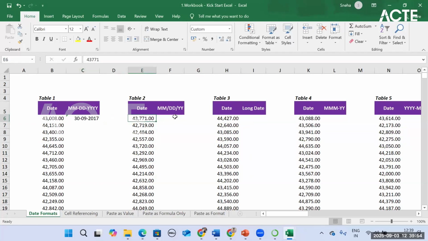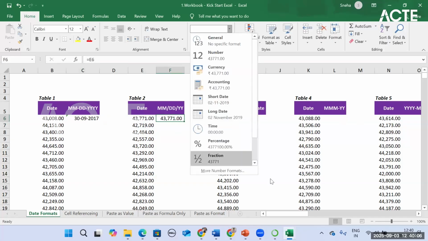Now this is another example I have. Here also it is in the general format. So if I want to customize this,